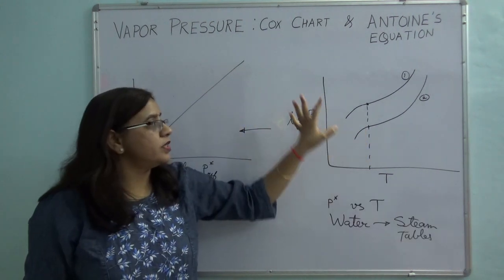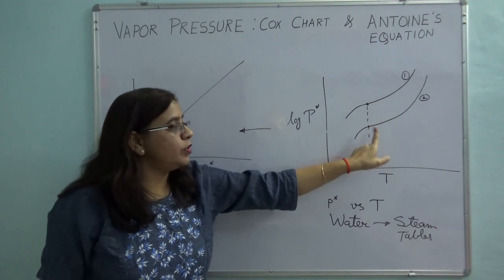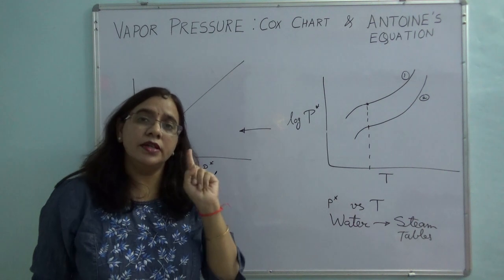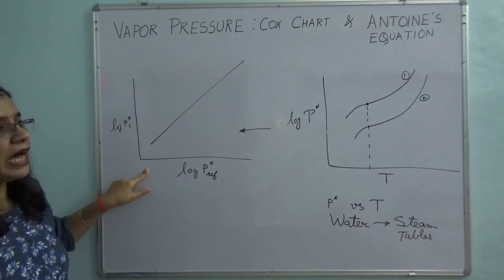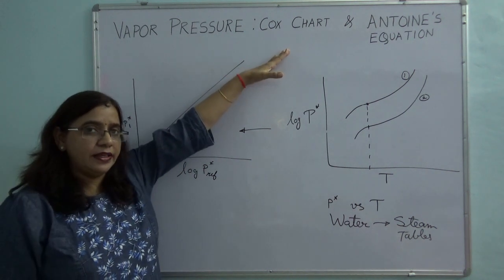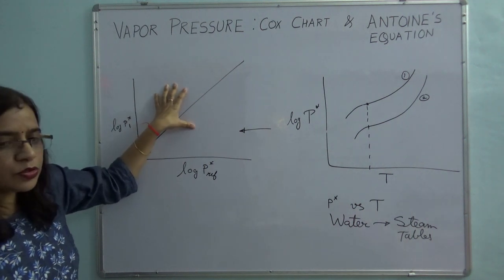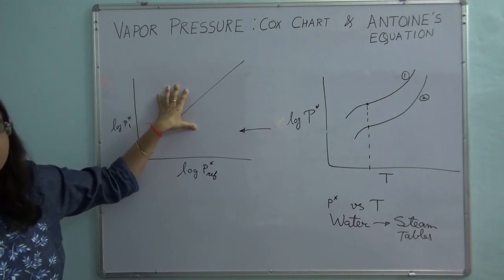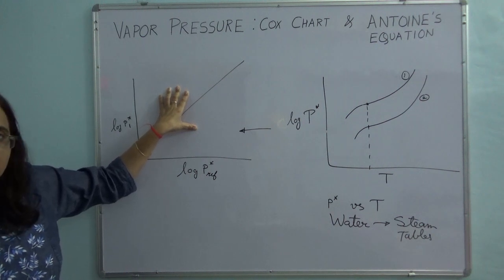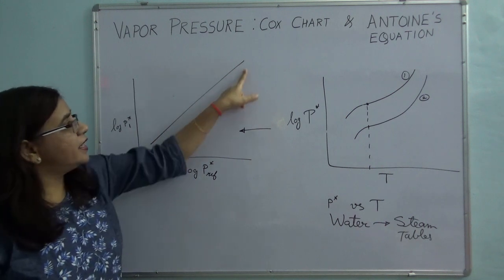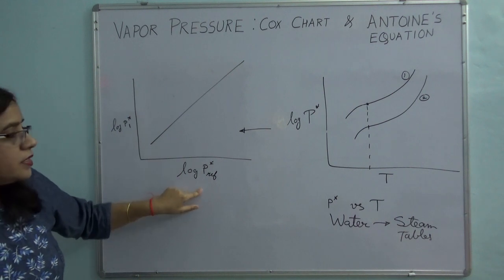So what I am doing now is reading the log P star value for component 1 and component 2 at a specific temperature, and plotting one against the other. If I do that, what I get is a straight line. This curve is known as the equal temperature reference substance plot. Why do we call it this? Because all these points are taken at the equal temperature for species 1 and species 2, plus over here